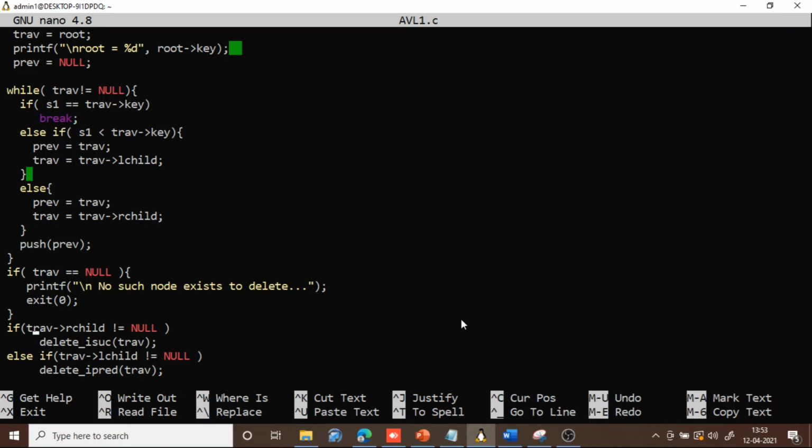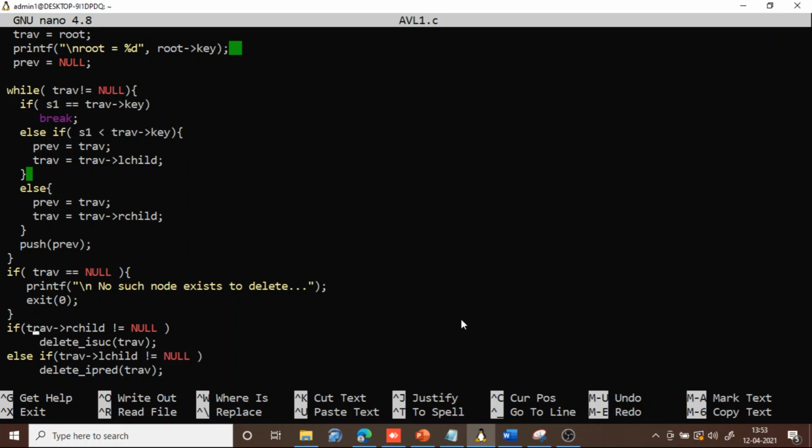Otherwise, if it is not a leaf node, then you cannot delete it directly. It should be replaced by its in order successor or in order predecessor. And then you should try to delete that in order successor or predecessor, provided it is a leaf node. If it is not a leaf node, again that node's key should be replaced with its in order successor or predecessor, and in the next iteration that successor or predecessor should be deleted if it is a leaf node. This process should be continued until you reach the leaf node.